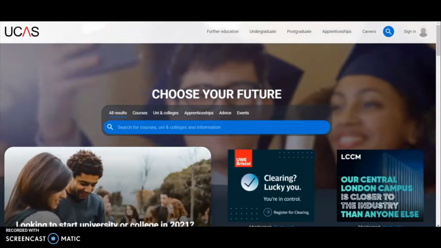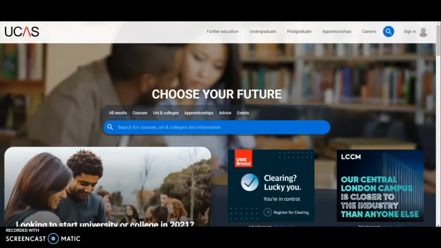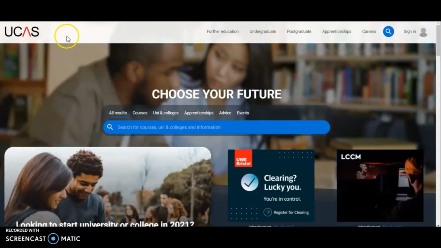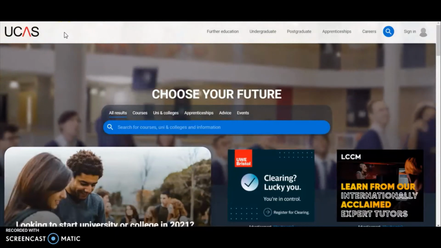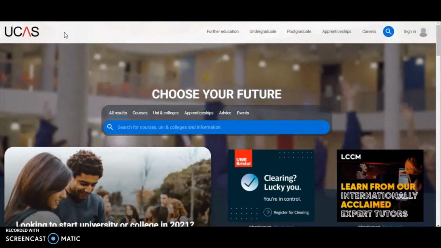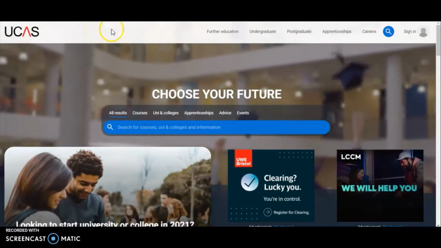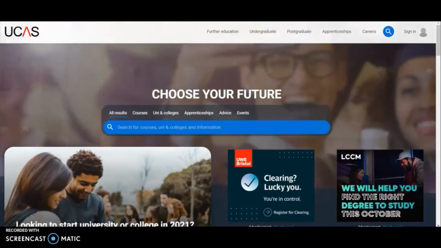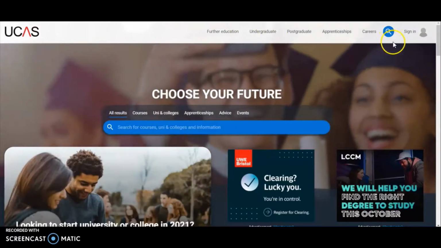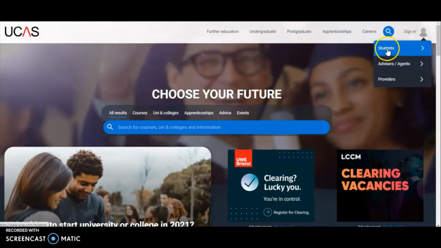Okay, so first of all, to create your UCAS account, you need to go to ucas.com, and this is where you're going to get advice about different courses, complete your UCAS application, sign up for any events such as personal statement support, anything else that we recommend to you. At the top, in the top right hand corner, it says sign in. Click students,